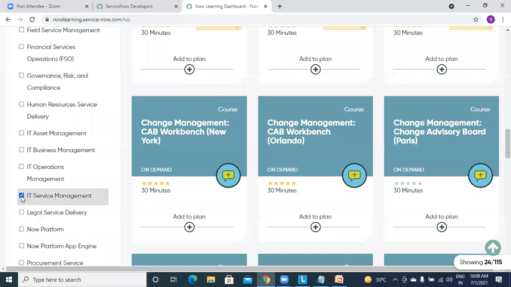So all these are new modules, but you can just learn ITSM for now, and go into ServiceNow, and after that if the company requires, you can learn ITOM and ITBM, and start development.